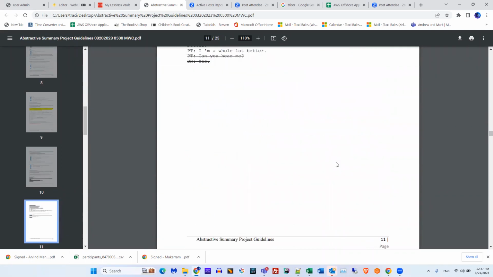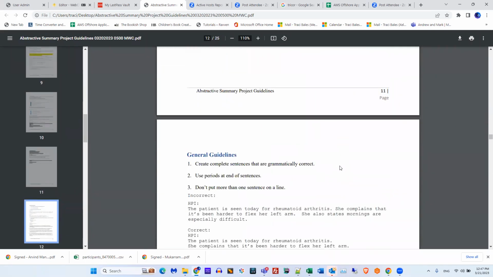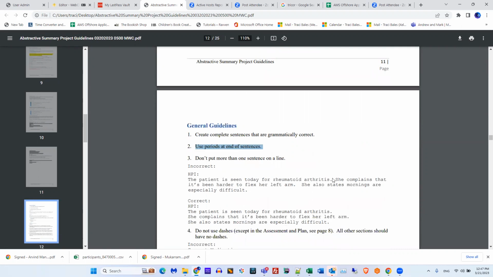Okay, some more examples, lots of examples here. General guidelines. Make sure that you create complete sentences, and in your statements that aren't complete sentences, make sure that they're grammatically correct as well. End everything in periods. I even do that on my medications just to be safe. No more than one sentence on a line.